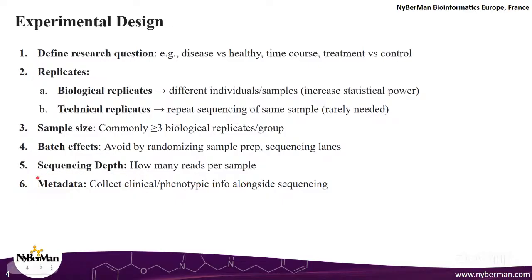And the sixth and final one is the metadata. You can also choose to collect clinical or phenotypic information alongside the sequencing. So for example, for people having breast cancer versus people who are healthy, you can choose to collect phenotypic information about the tumor: the size of the tumor, the radius of the tumor, how smooth it is, the curvature of the tumor,